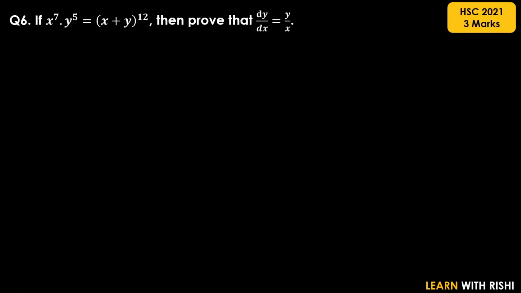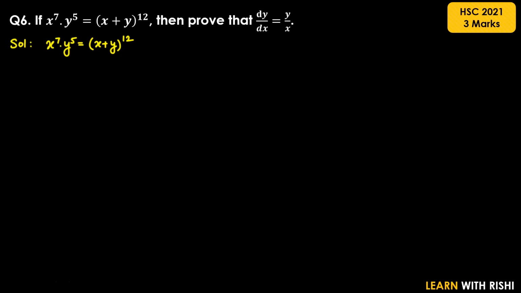Question number 6. If x raised to 7 into y raised to 5 is equal to (x plus y) the whole raised to 12, prove that dy by dx is equal to y by x. So we have been given one expression, x raised to 7 into y raised to 5 is equal to something. Now what do we have to apply here? You can see that we have discussed in the previous session, whenever there is a function in multiplication or function raised to power,